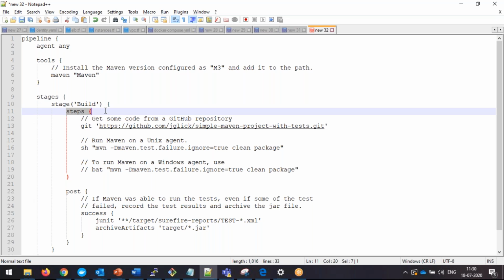Inside the stage, we are going to have the step blocks. At the end, we are going to have the post block. The post block will have two sections: one is success and the second one is failure. Right. So now here I'm going to take this code